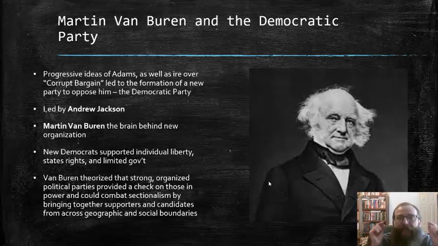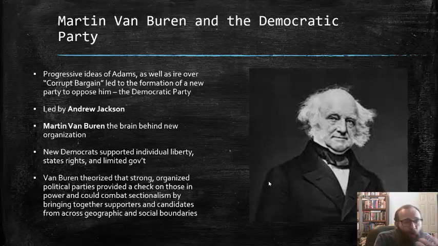But the real brains behind this new Democratic Party was Martin Van Buren. Now, these new Democrats supported individual liberty, states' rights, and limited government. That was the foundation of their platform. And Van Buren theorized that a strong